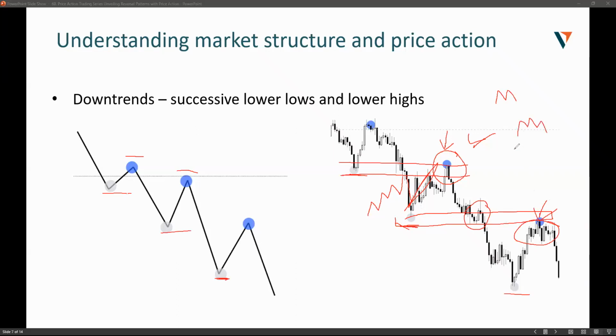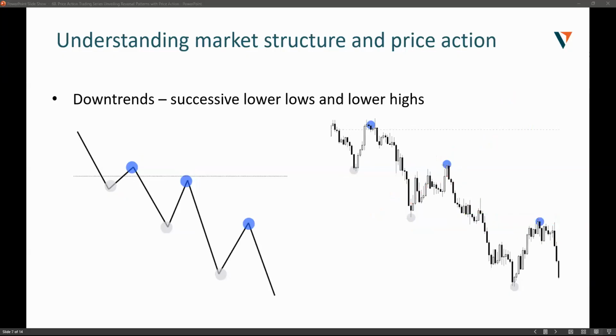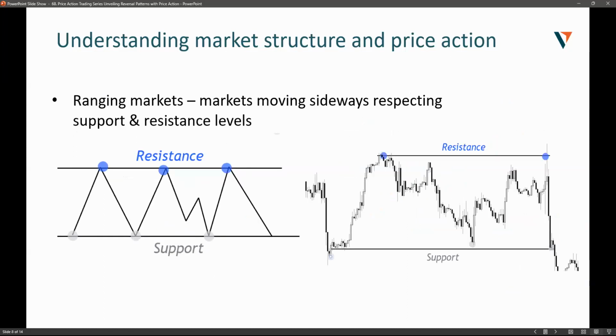Okay, so to cover more on that, I will just move on to reversal patterns. These are the two most common kinds of reversal patterns that we see when price starts coming into this zone. In fact, when we cover reversal patterns, you'll realize that these concepts are tied very closely to market structure as well. So I'll just explain a little bit more on that. Before that, one last market phase to cover is price